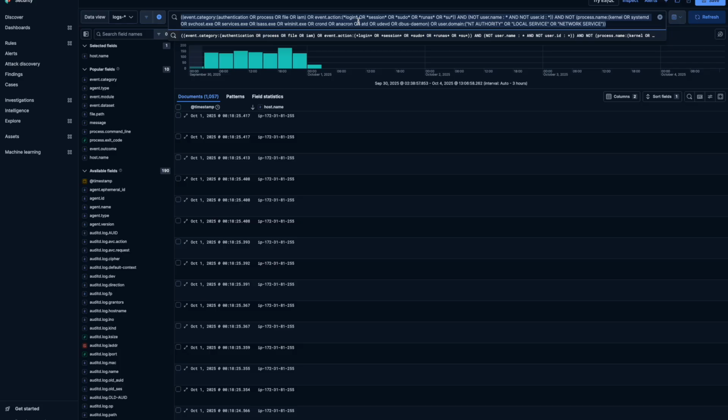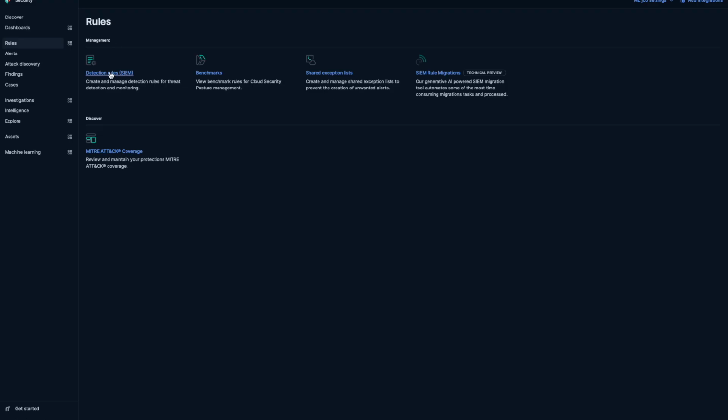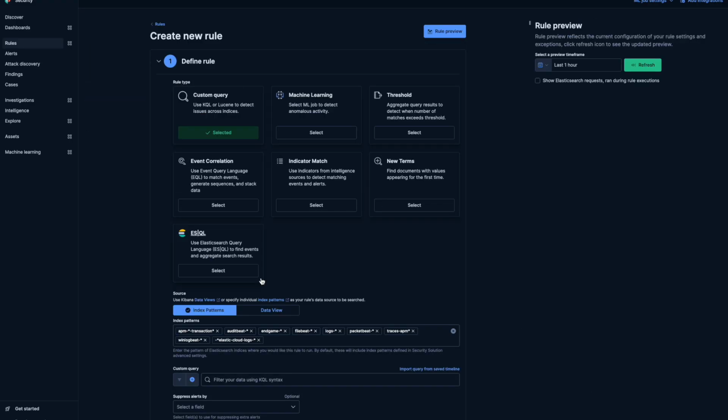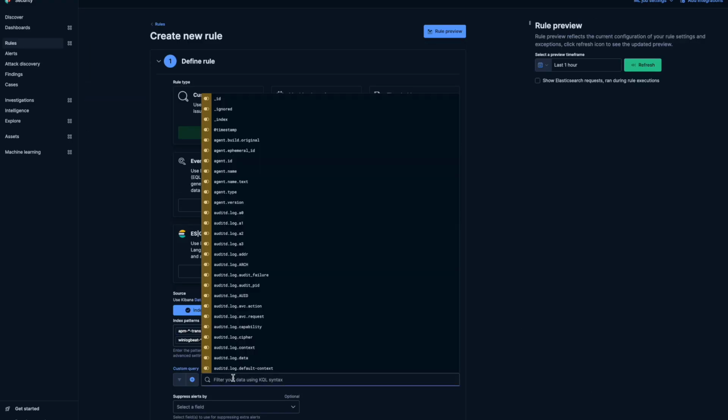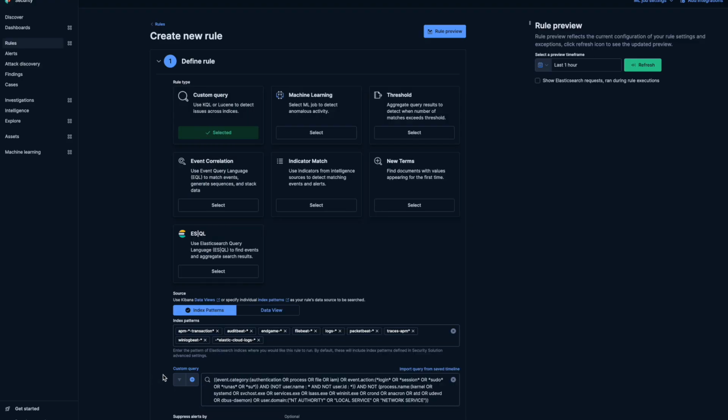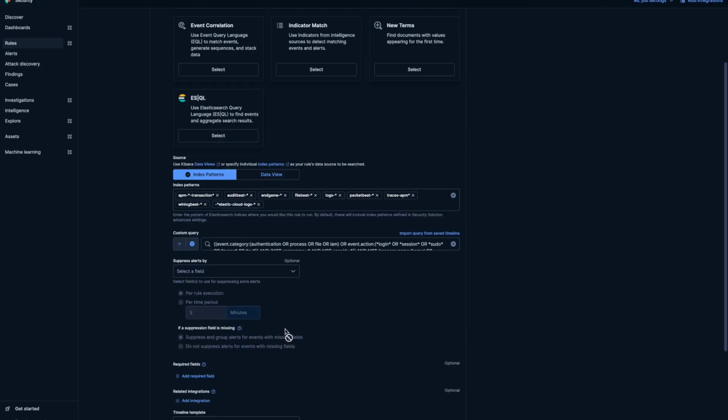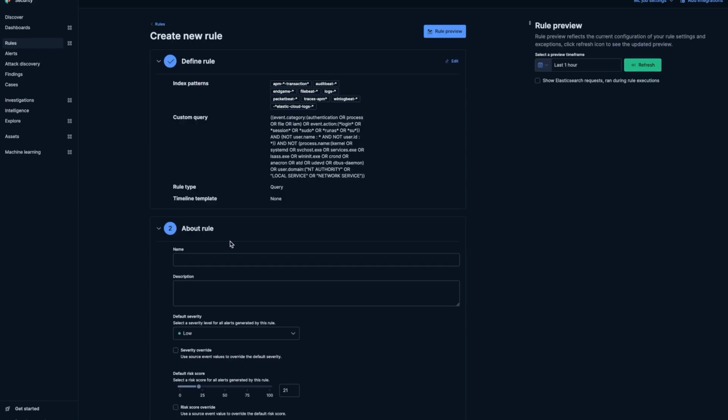Now, I would imagine as you start using this, you're going to start building these queries, changing them a little different to your needs. And this allows you to also be able to do that from your alerts as well. So taking this query, I'm going to copy it, go into alerts, and create an alert. And the simple form of that is I'm going to literally copy and paste that query into the query here and go to the next step where I will name this, and this will be user identity missing